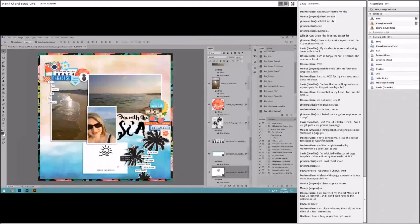Okay, so I have a question for you, Cheryl. Do you do much with blending modes when you scrapbook? Um, I guess I'm more like with word art and stuff like that? Or do you just mostly go with how it is? Sometimes, like this card, for instance, I might...